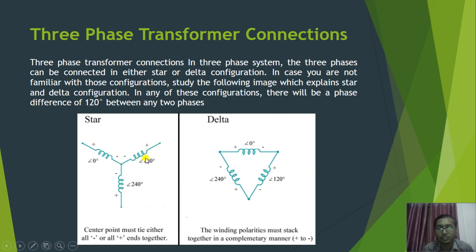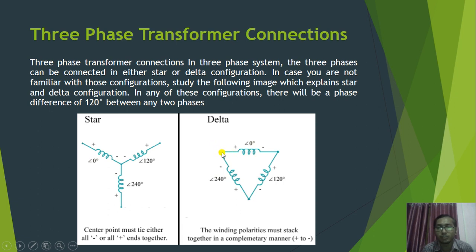So we have three windings and we have three voltage phases connected to these windings. These windings have one end where we are supplying the voltage and the other ends have been connected together. This is called star connection. But in delta connection, you are seeing in this image that from one side